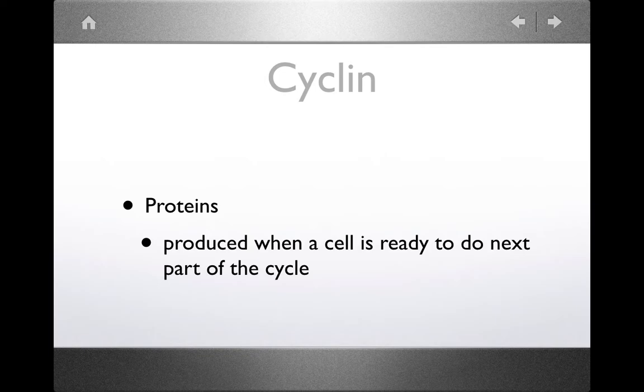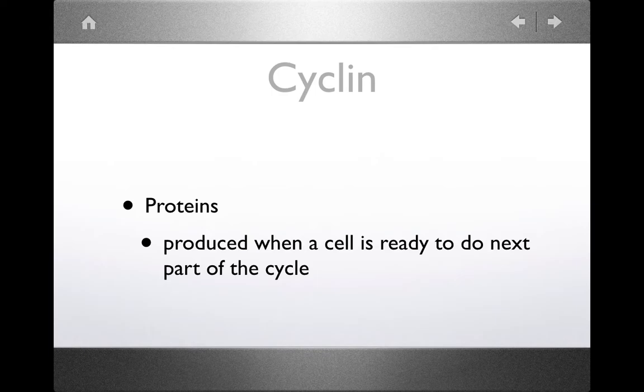So cyclin is a protein. The protein, which has instructions in the DNA, it's written in a specific order of nucleotides in the DNA. And this protein is only made if the cell is ready to move through one of the stop signs. So cyclin, if we go back to our driving analogy, would be like your foot on the accelerator. Your foot is not always in the vehicle. The accelerator is always in the vehicle, and you only put your foot on the accelerator if you're ready to